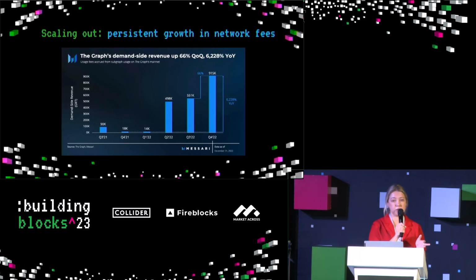And then persistent growth in network fees. So, value creation occurs in decentralized networks. It's really important as well for sustainability. And we've continued to grow. So as the number of subgraphs migrate, as the bear market recovers, as we see more applications being built, the fees go up. And, in history, I've actually really enjoyed seeing the graph as a proxy for Ethereum development, because